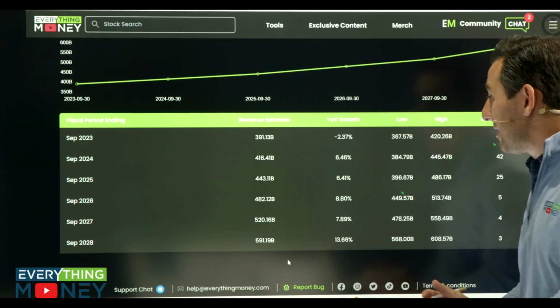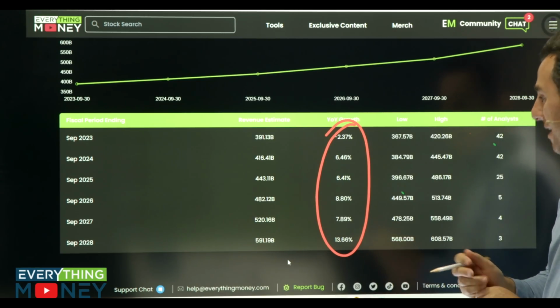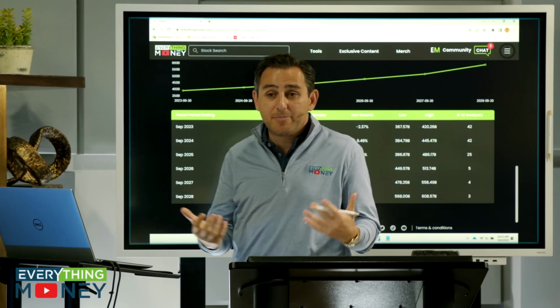Look at this revenue growth that analysts expect. Mid to high single digits. It's pretty big. Yeah, I'm actually very surprised by that. Mid to high single digits. I don't know if I agree with that. It's such a big company, but